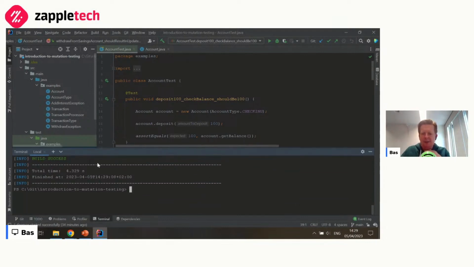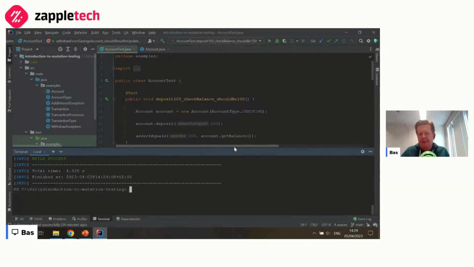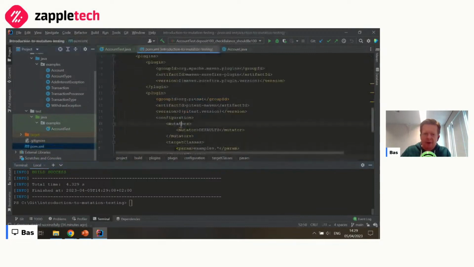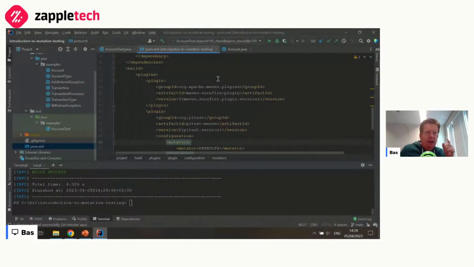But in our case, we've got 7 tests and all of them are passing, which means it's time to do our first mutation testing run. What I've done in this project, by the way, this project is available on GitHub. I'll show you the link to that in a moment. I'll also paste it in the chat after the talk is done, so you can have a look for yourself.